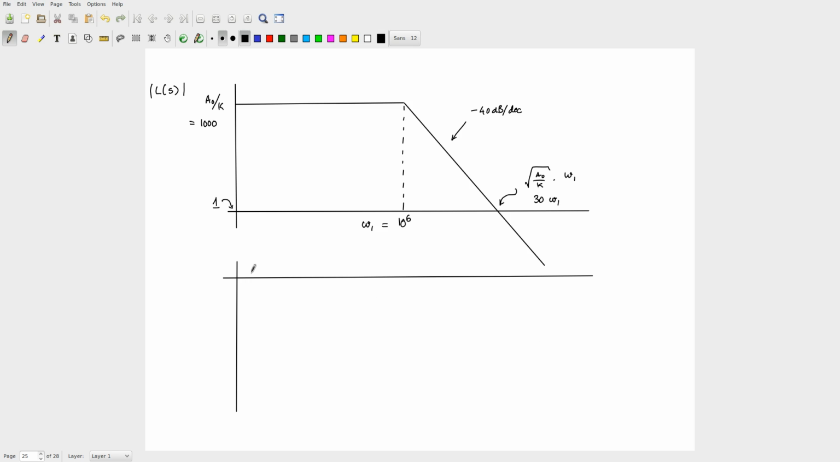how will the phase plot look? What's the final value of the phase? Minus, careful, it's a second order system, it should be minus 180 degrees, minus 90 here, okay, minus 45 and minus 135. Okay, so what will be the phase at this particular value? Minus 90. Okay, and then